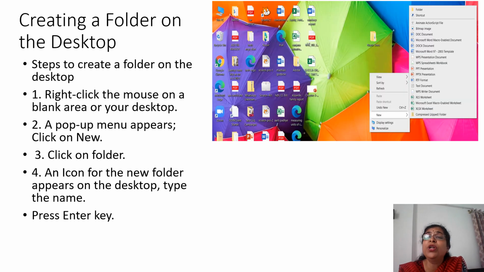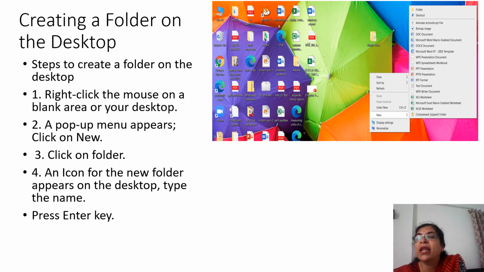Now creating a folder on the desktop. How to create a folder on the desktop? For that, right click the mouse on a blank area of your desktop. Then a pop-up menu appears where it is written view, sort by, refresh and so on. In that, the New option is there. Click on the New option, and one more pop-up menu will come.